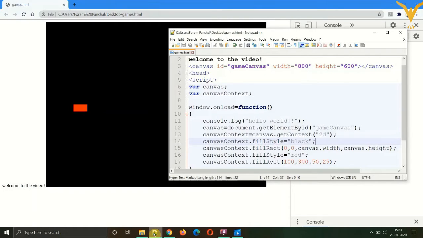So first of all, we'll be seeing the overlapping of the shapes. For that we need to create one more rectangle. So just copy your code and paste it one more time. Change the color to white so it is apparently visible, and just see the coordinates.